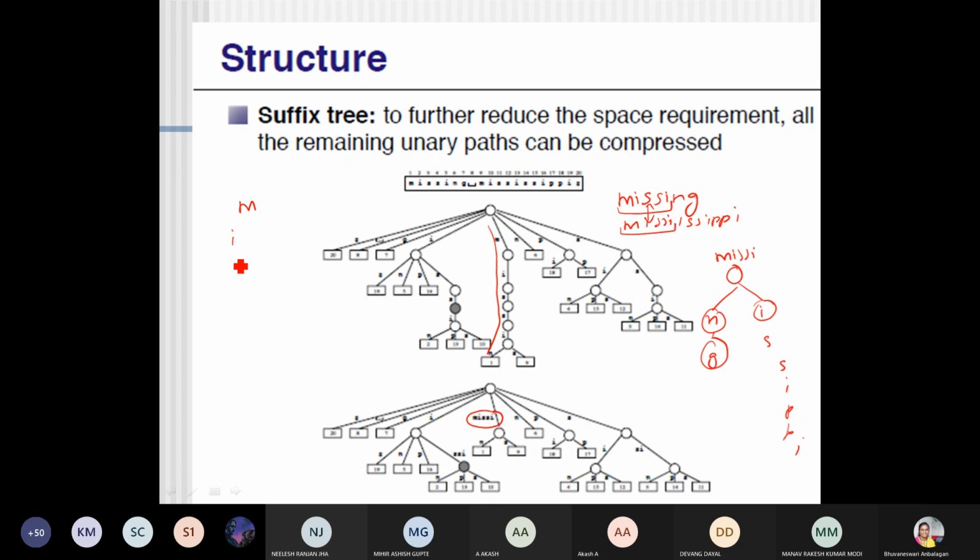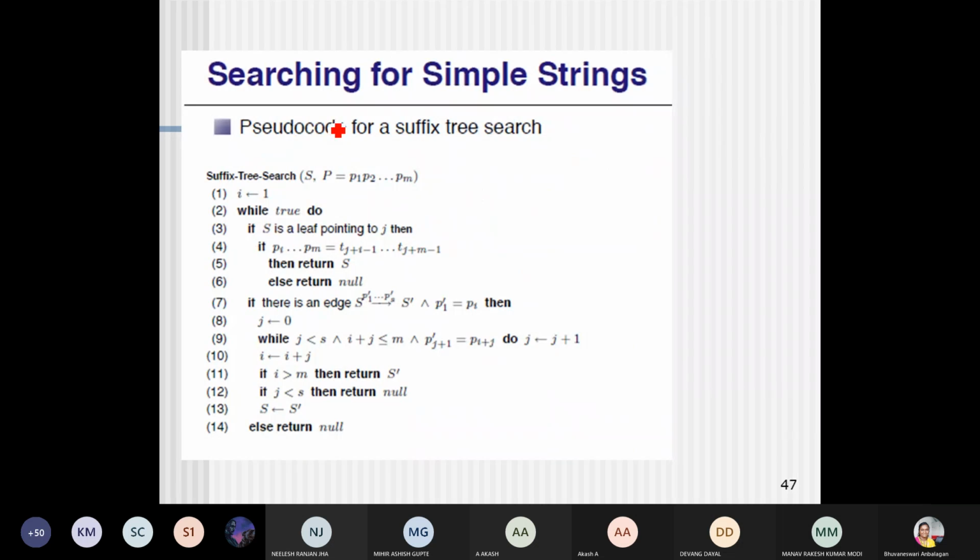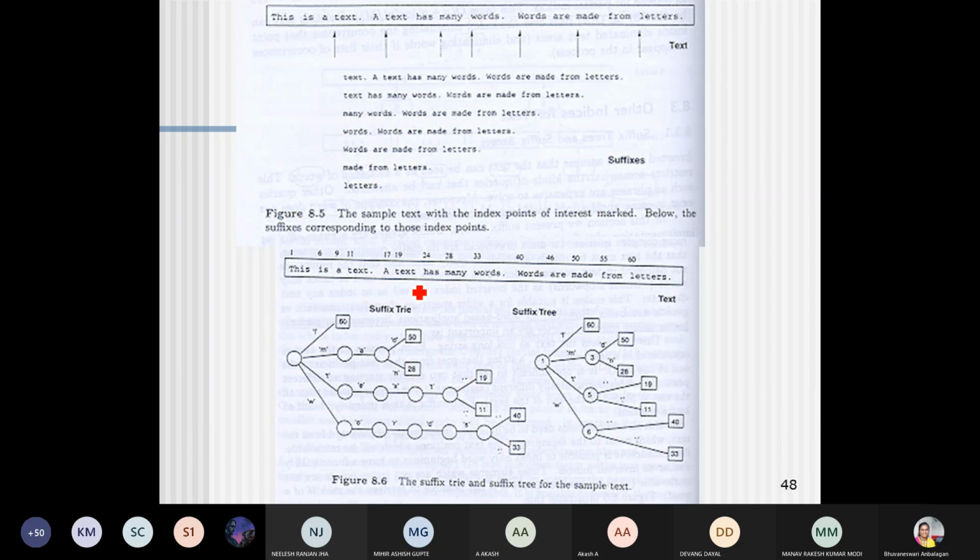For MISSING I am having a tree, and again MISS, ISS, IPPI. This way goes missing and this way goes missing. Instead, this particular pattern is common, so I can make this one single node and then extend my other patterns which are available in my suffix tree. So using the suffix tree, you are able to reduce the space. I'll show this example.